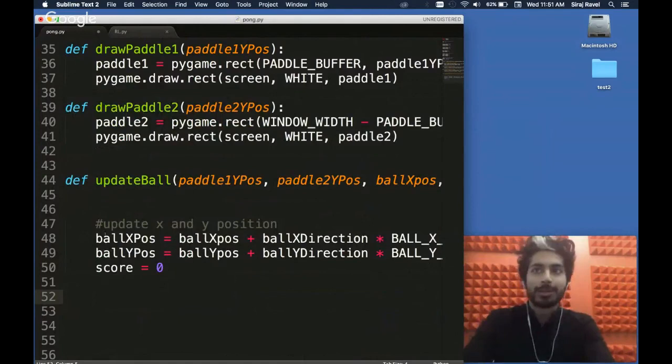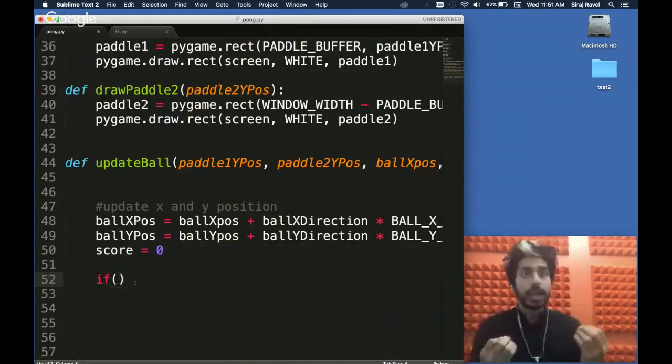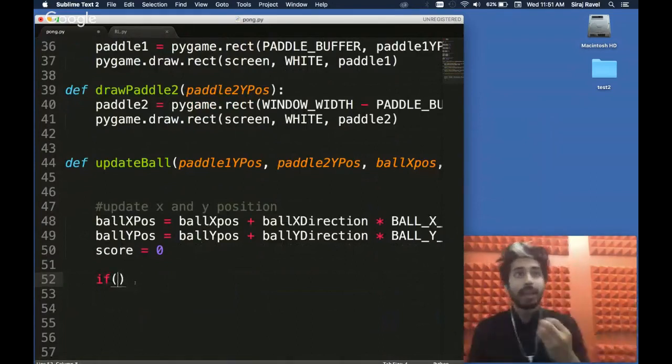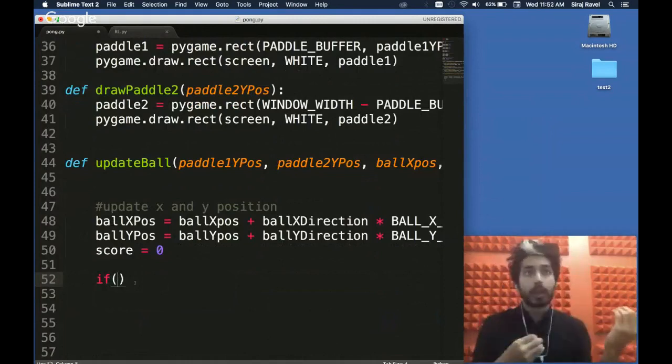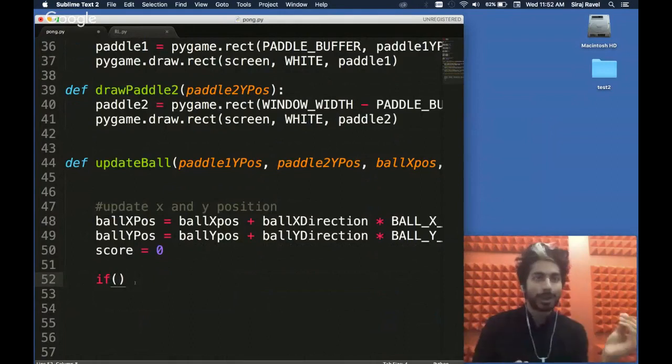All right, I'll try not to explain every step. So now we're going to check for a collision. If the ball hits the left side, then the ball is going to switch direction. There's going to be a bunch of if statements here.